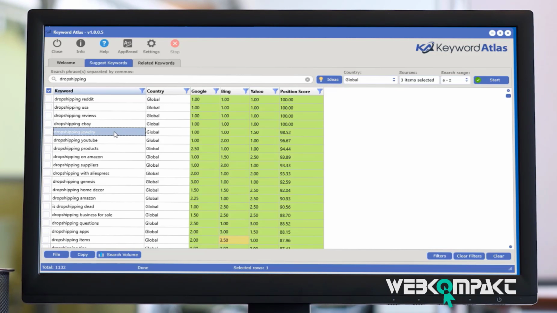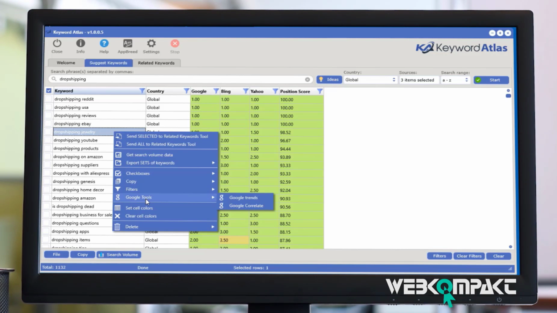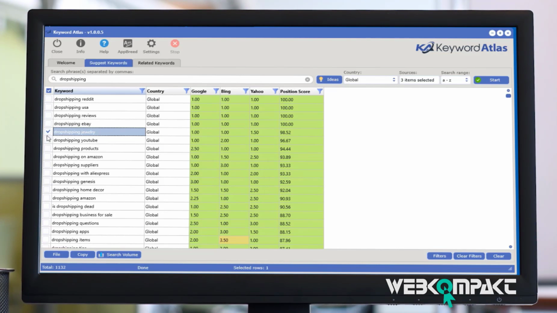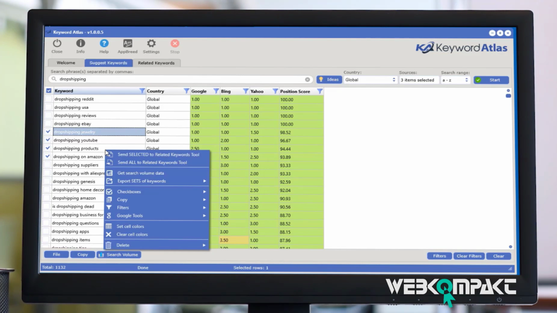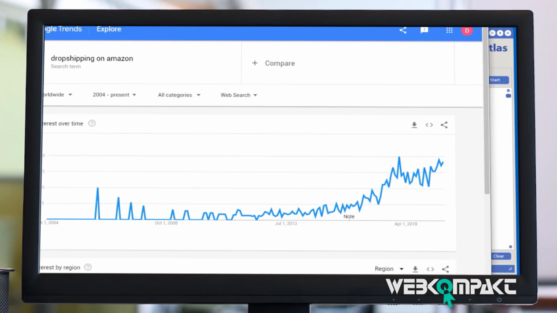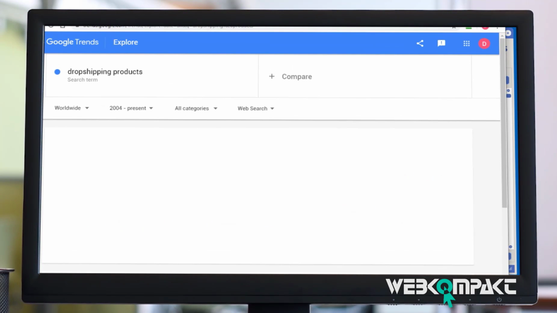And you can do other things too. You can right click and use the Google tools to check out Google Trends if you'd like. Of course, you have to select, you can select up to 5 of them. Let's select 4, and you go to Google Tools and check out the trends, and it'll open up your default browser with all those in there. So now you can check out the trends of those particular keywords. And as you can see,